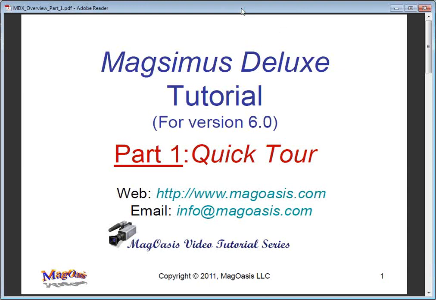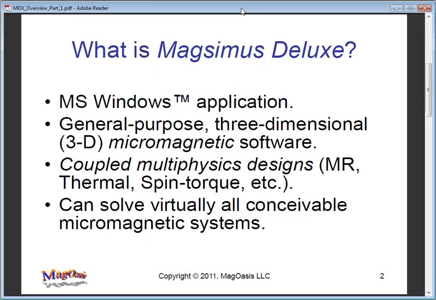In this first part of the Magsimus-Deluxe tutorial, we will introduce the software and take you on a quick tour of the user interface. Magsimus-Deluxe is a Microsoft Windows application. It is MagOasis major application software. It offers an intuitive and comprehensive